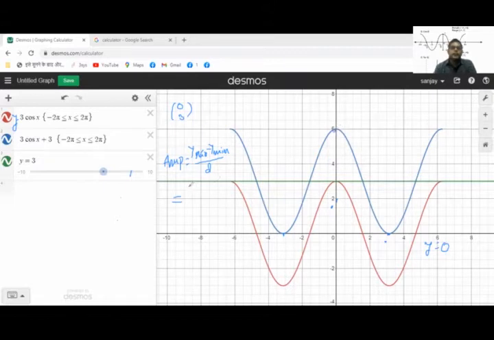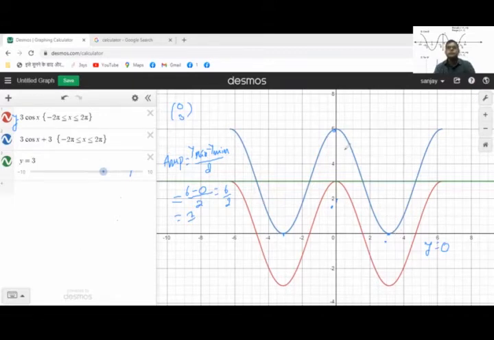So y maximum is 6 and minus 0 over here. That means it is 0 divided by 2, and 6 divided by 2 is 3. So in this way also you can check that the amplitude is 3. All right. So why are we taking the difference of the maximum and minimum point in order to find the